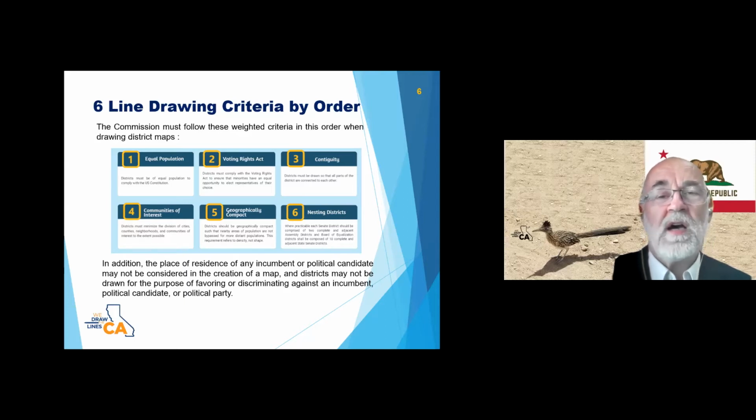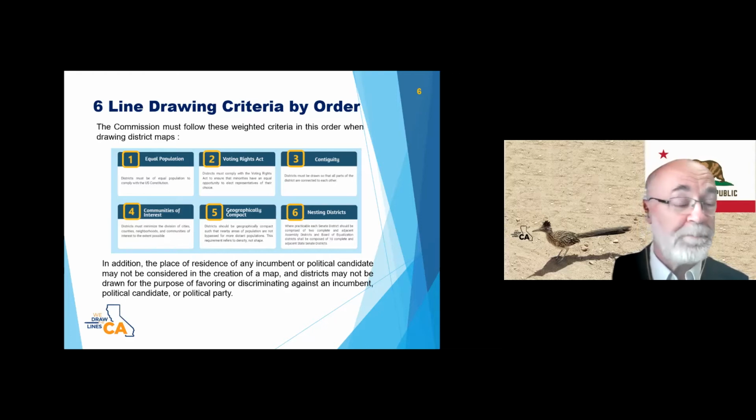One thing to note is that within criterion 4, there is no ranking of these 4 types of geographical areas. So if we get into a situation where we have a choice between dividing a city and dividing a community of interest, that's up to us. That's not determined by the state constitution. The state constitution tells us that those elements, counties, cities, neighborhoods, and communities of interest, are less important than the equal population criterion, the Voting Rights Act criterion, and the contiguity criterion, but more important than the compactness criterion and the